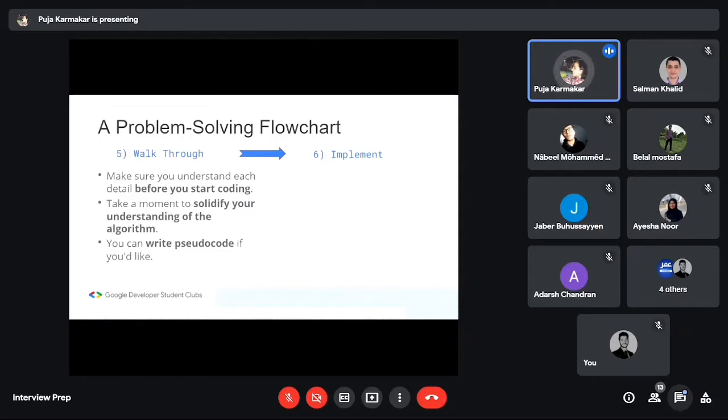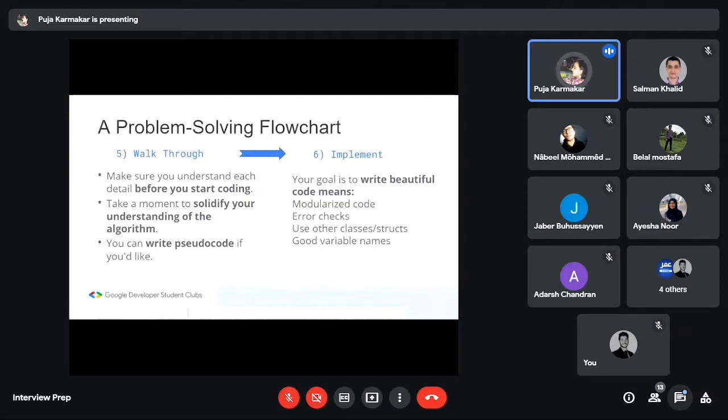The next thing is how to implement it. Now that you have an optimal algorithm and you know exactly what you're going to write, we will go ahead and implement it. If you see something that you can refactor, if you see there is an issue, maybe your code is not running properly, or maybe you went into an infinite loop, you have to polish it up. Implementing is just about writing beautiful code. What do we mean by writing beautiful code? It means you have to have a